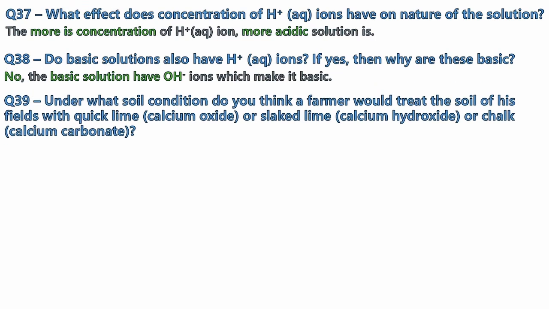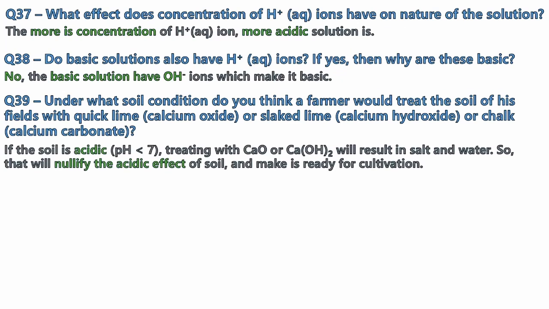Under what soil condition do you think a farmer would treat his soil with quick lime, calcium oxide, or slaked lime, calcium hydroxide? See, if the soil is acidic, then its pH is less than 7. Treating such acidic soil with calcium oxide or calcium hydroxide will result in salt and water. Remember, acid plus metal oxide or metal hydroxide equals salt and water. So this will nullify the acidity of the soil. Okay, acidic effect